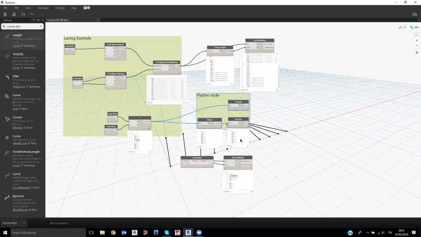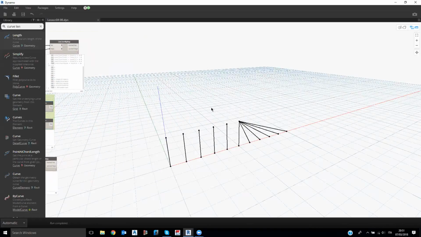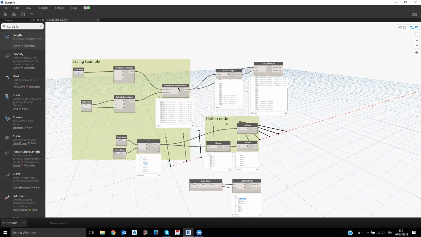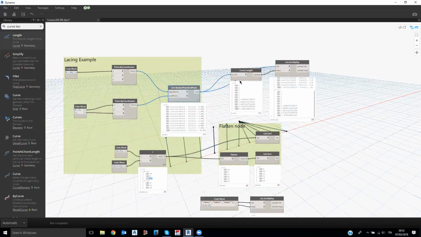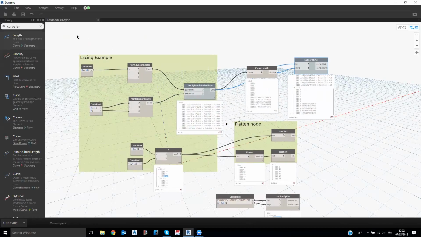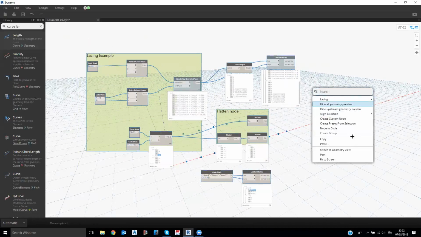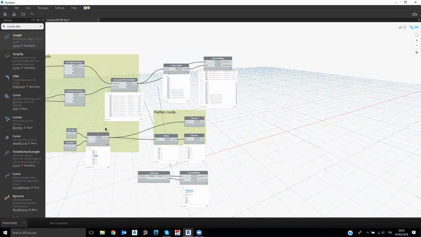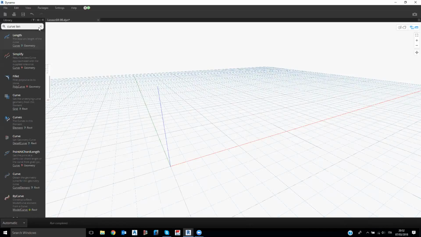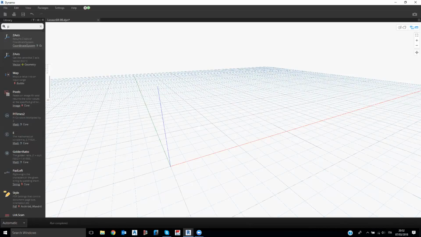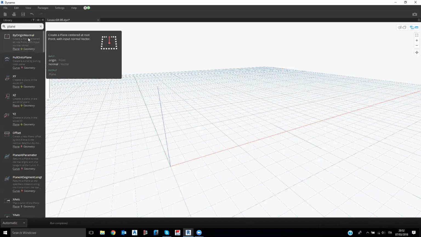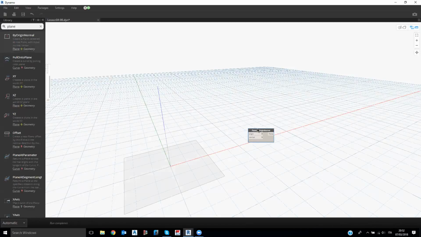So let's say we want to continue on this side, and we don't need any more of this, so we can remove the preview of these elements and these points. Let's hide all the geometries. So what is a plane in Dynamo? A plane, in geometry, is just an unlimited set of points in the 3D space, which can be created in